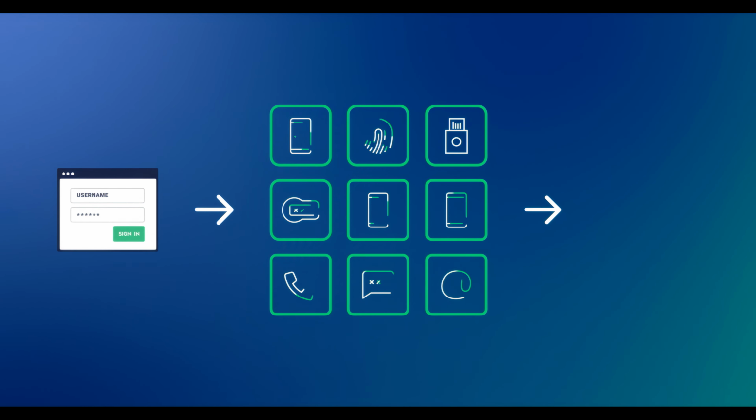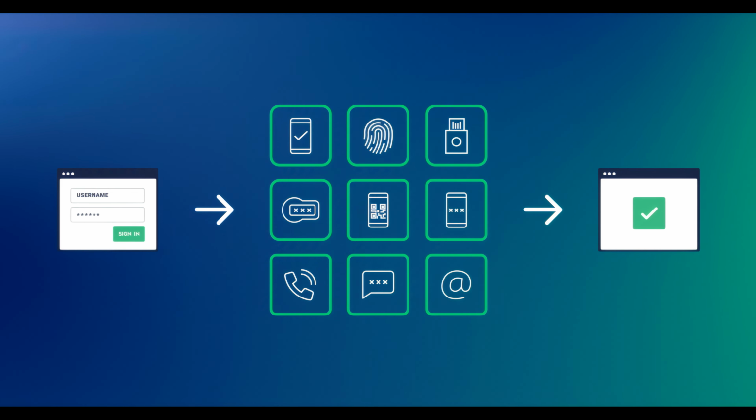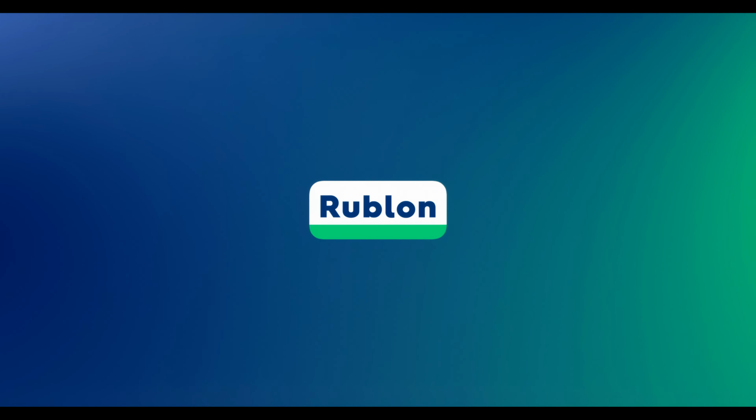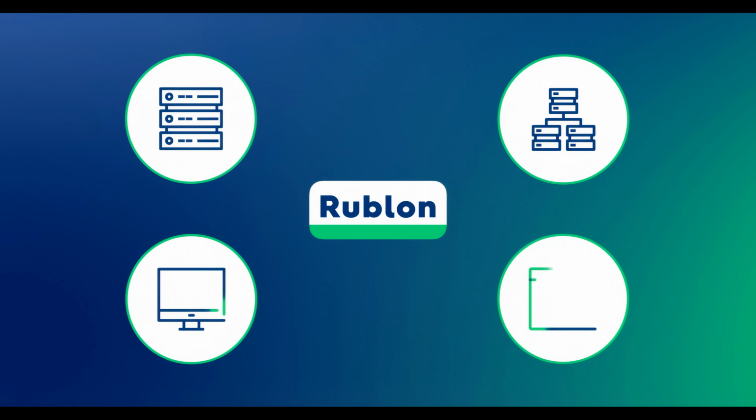Rublon supports a variety of other authentication methods, including FIDO security keys, phone call and SMS link, email, as well as mobile push. Enable secure access to networks, servers, endpoints, and applications using modern